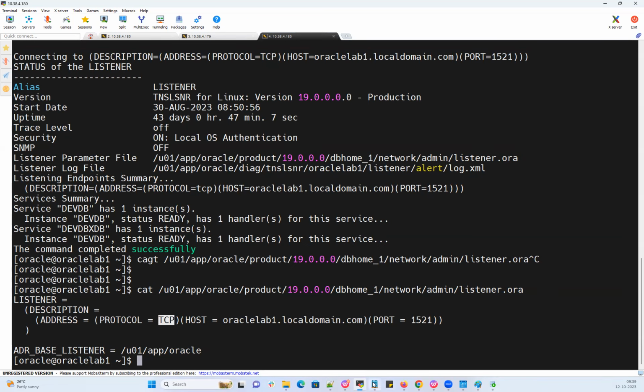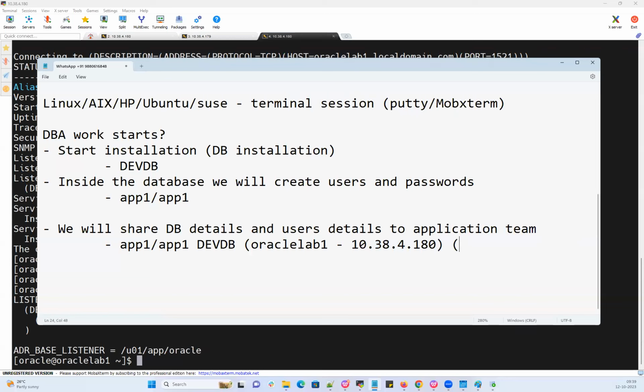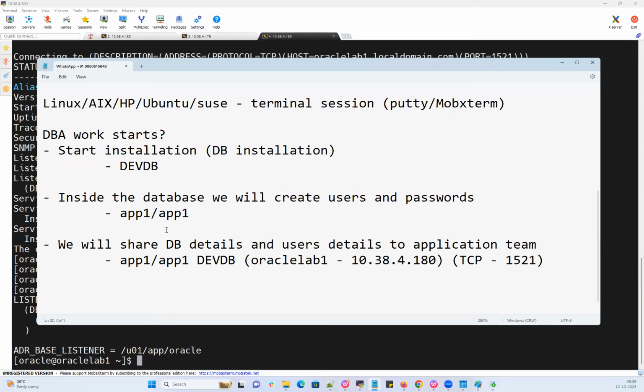So these two extra details we're going to share. That is what we call a TNS connection string. Again, we will discuss in our regular classes what this TNS connection string is. But for now, to keep it simple, I'm just telling you that once we create a database and, inside the database, create that username and password, we will share those details. Along with that, we give the TCP connection and the port details to the application team or